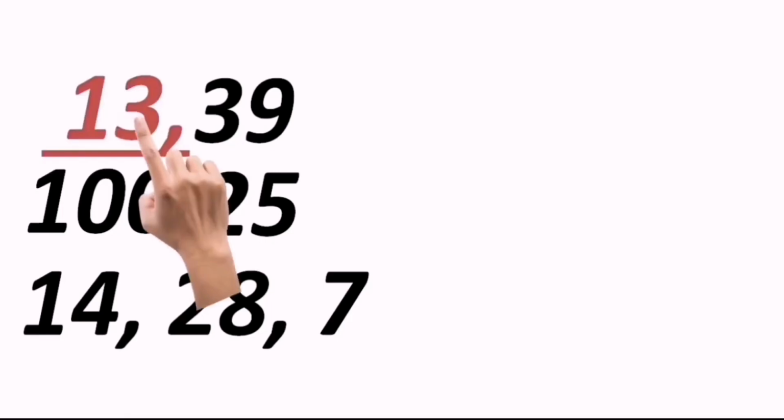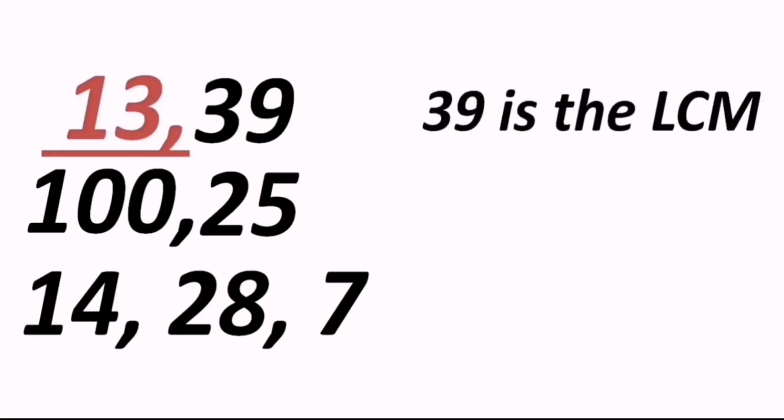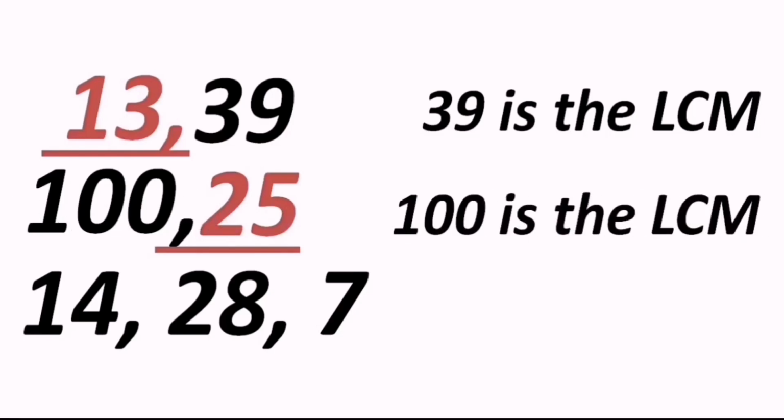So let's try a few more sums. Sums are there on your screen, correct? So first one is 13 and 39. So which is the smallest one? First of all, 13. In 13's table, do we have 39? Yes, 13 3s are 39, and that makes 39 their LCM. The second one is 25 and 100. 25 is the smallest, and in 25's table, that is 25 4s, we get the 100, and that's why 100 is the LCM. And what makes the 25? 25 is the GCD or the HCF.